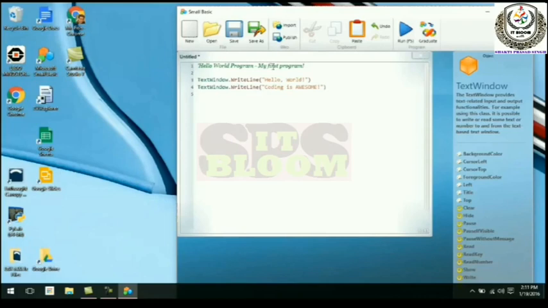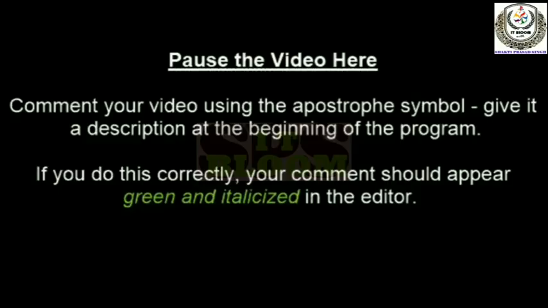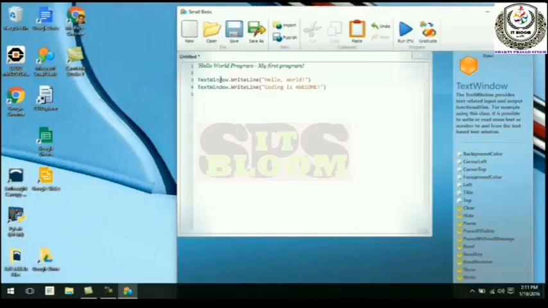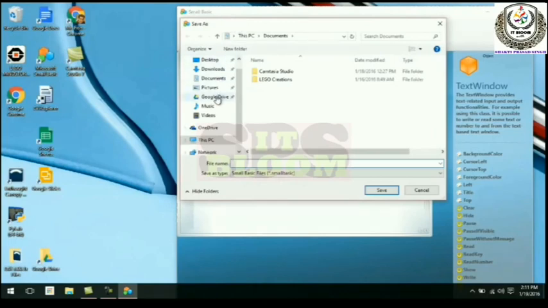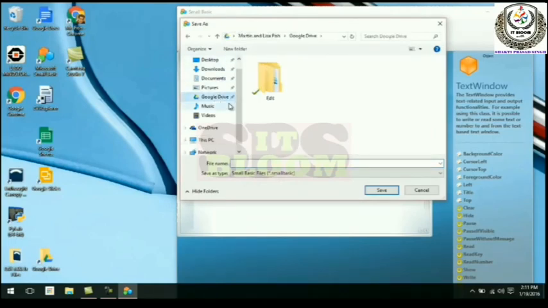If you are making comments, you can write them directly. The commands will be there for the comments. Now you can go to save, create a folder where you want to save, and save it as a Small Basic project.